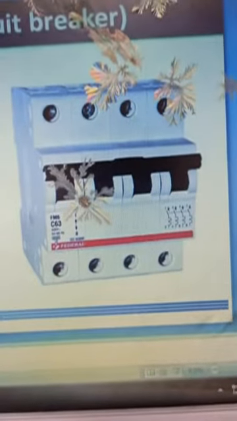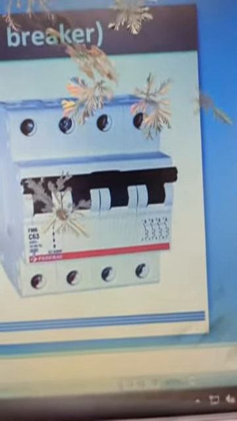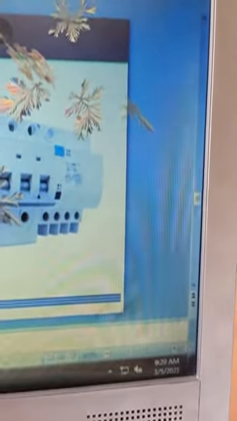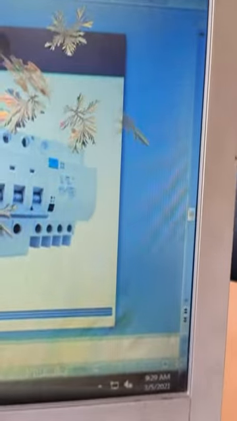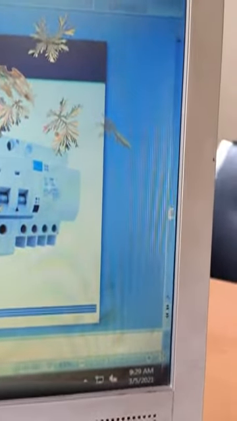Then the next type is ELCB, that is earth leakage circuit breaker. The diagram shows the original earth leakage circuit breaker. ELCB is a safety device used in electrical installations with high earth impedance to prevent shock. It detects small stray voltage on the metal enclosure of electrical equipment and interrupts the circuit when dangerous voltage is detected. It is connected to the building main power. It disconnects power in an earth leakage condition.